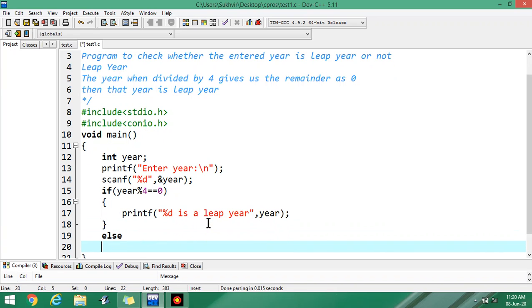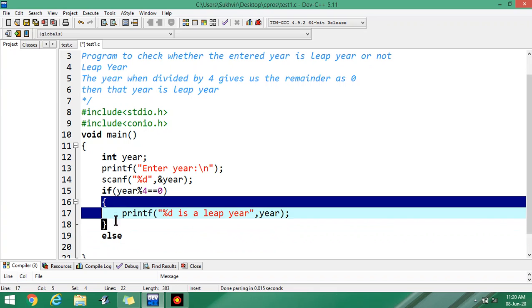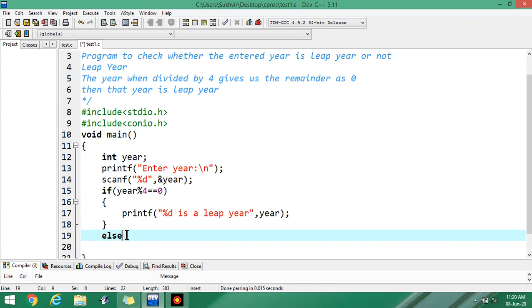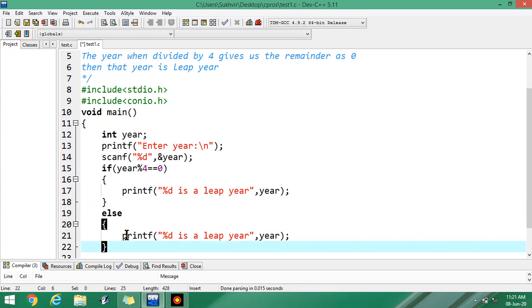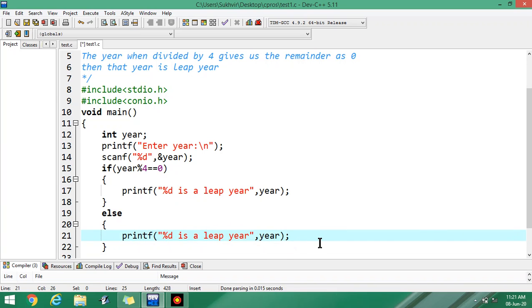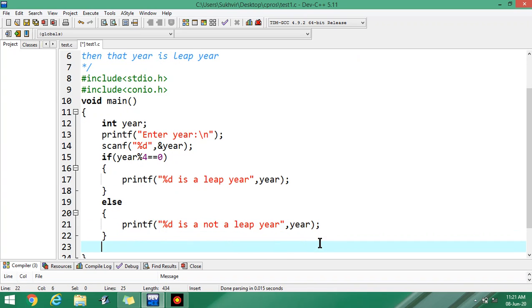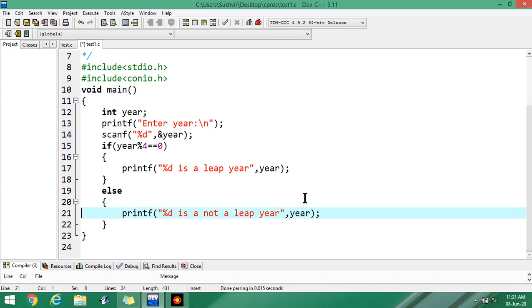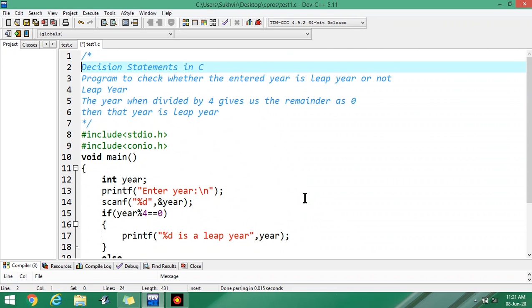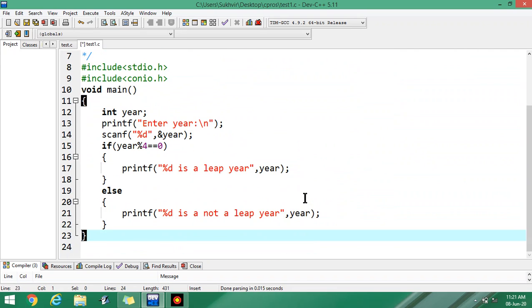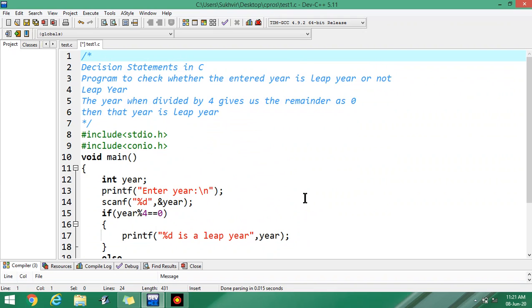Else, you can copy paste this content: "%d is not a leap year", because in if you have to write the true statement and in else you have to write the false statement. It's also a simple program as far as the previous program is concerned.